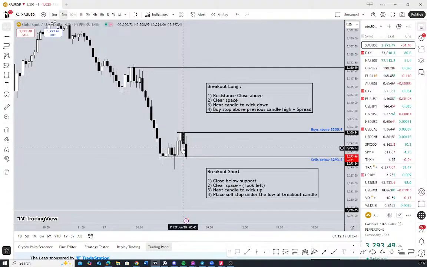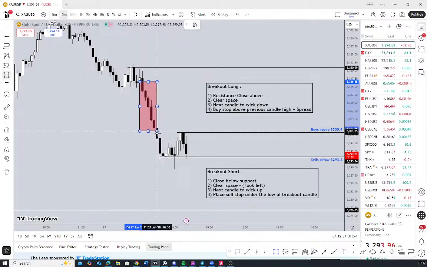Okay, so you'll see what I'm looking at. I've told you what rules I'm going to implement. Let me just have a look at the DAX. In your rules on screen, what do you mean clear space? Look left. Okay, good question. So this is clear space. Okay, that's clear space,